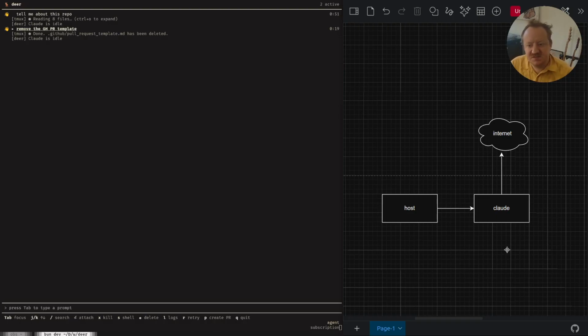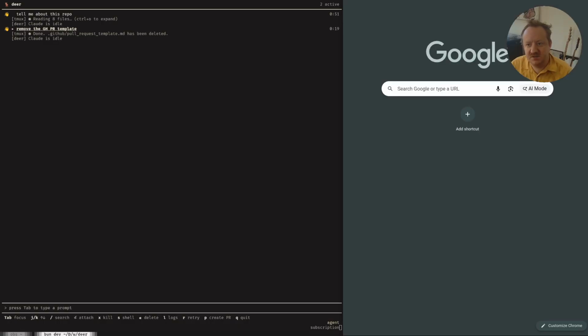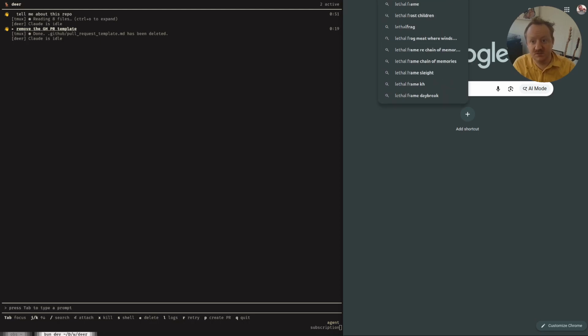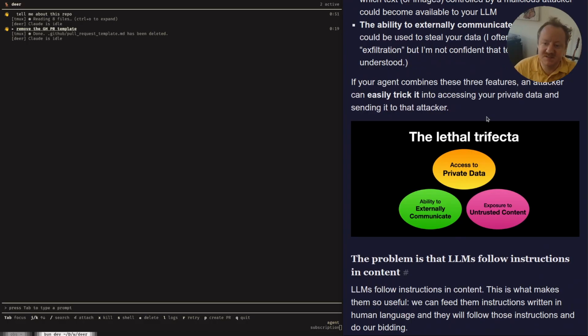And the problem with this is as soon as we add dangerously skipped permissions, we run into the lethal trifecta problem, right? So the lethal trifecta is this: if we have access to private data, the ability to externally communicate, and exposure to untrusted content, and we don't have tool approvals, where we're basically intervening anytime anything has to be done and reviewing it, then the agent is essentially, we should consider it risky and compromised and prompt injectable, and it could do anything on our system, right?